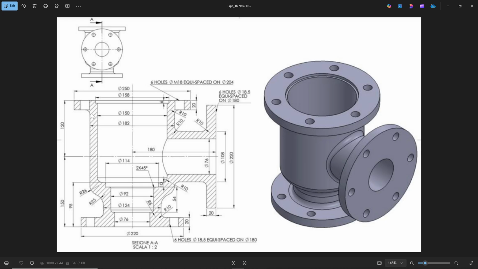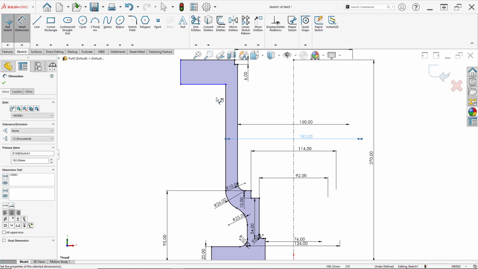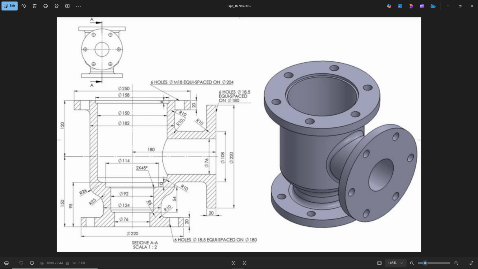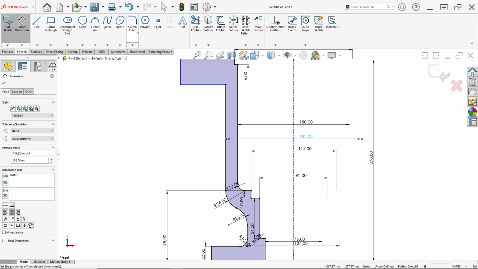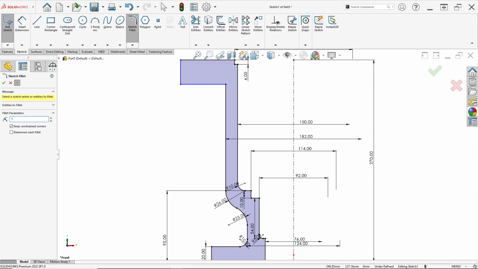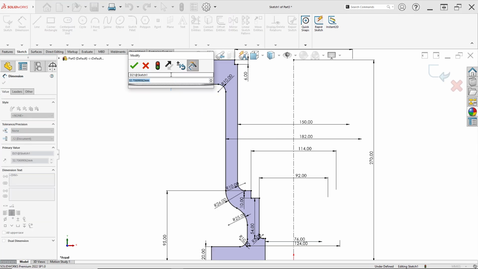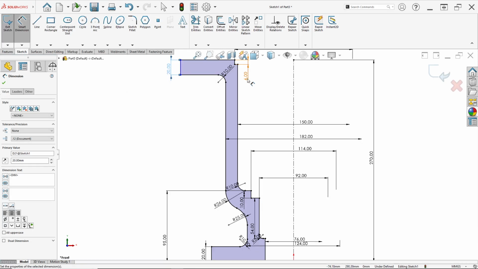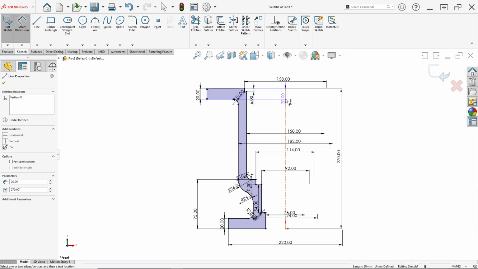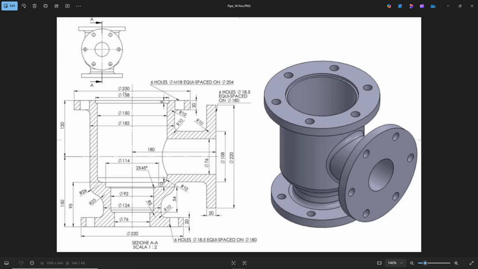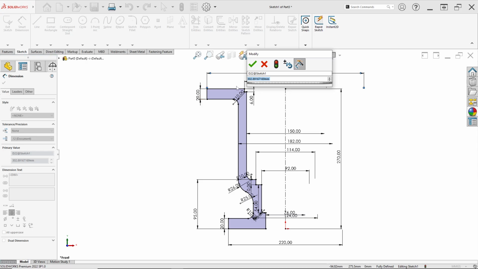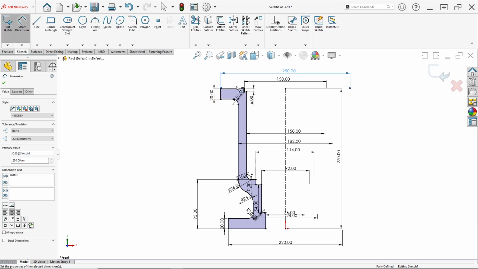Then you can see here there is a fillet radius of 10 millimeter. Sketch fillet again at 10 millimeter, just click OK, and we set the dimension here at 20 millimeter, and for diameter this line to this center line 250 millimeter, like this.